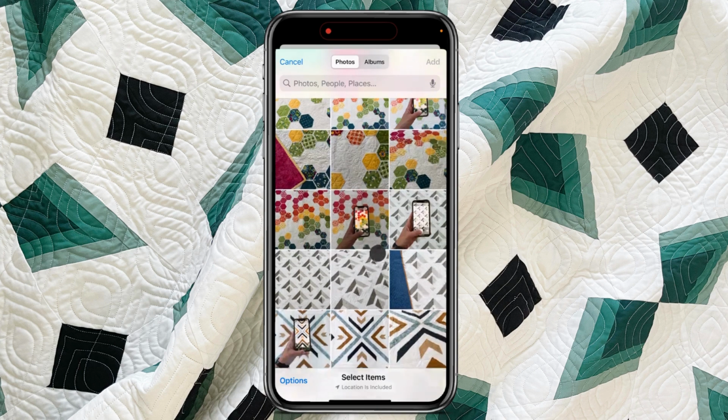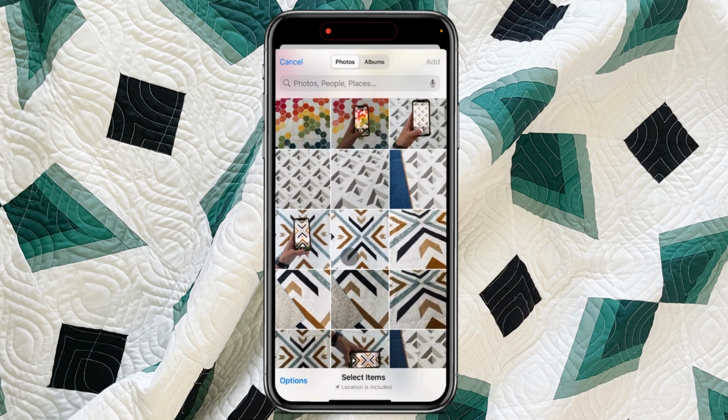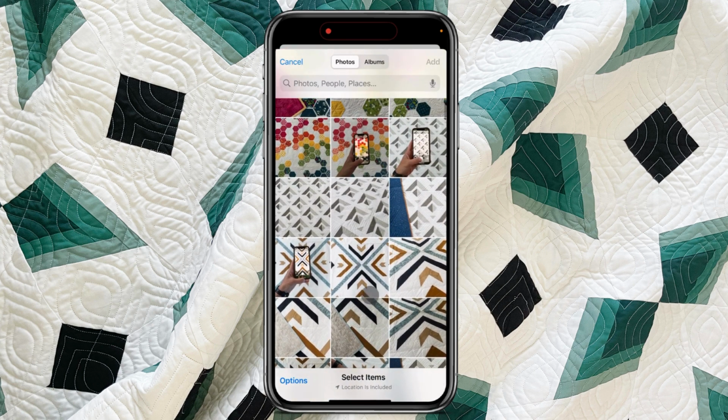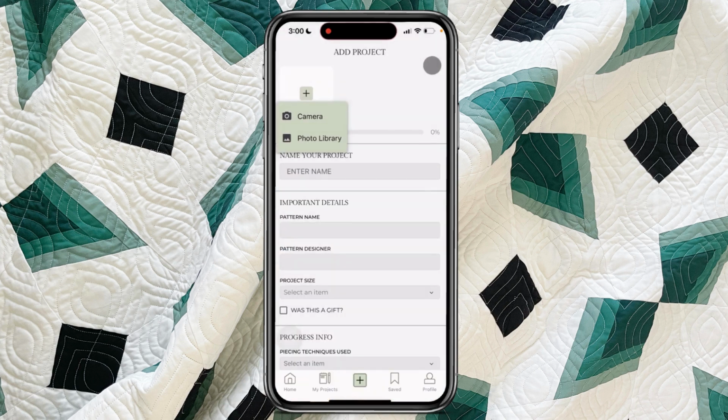Okay, so here we have a bunch of different quilt photos. So I'm just going to add one here. Let's do this quilt here. And this is in my photo album. I'm going to choose a couple of photos all at once to add. And now that we